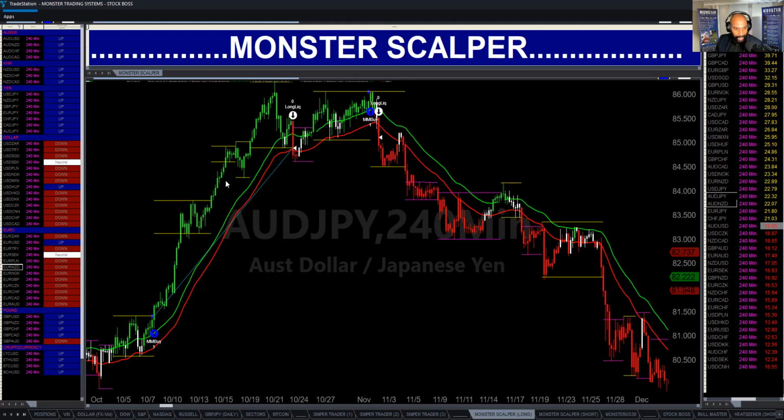We didn't get out. It held support, held support, held support here. This is support. It wasn't until this red candle here, guys, broke support that we got out. Let's say this candle never broke support. It held support here and kept going higher. We would have kept on holding the trade. We do not get out until price breaks support, which tells us,